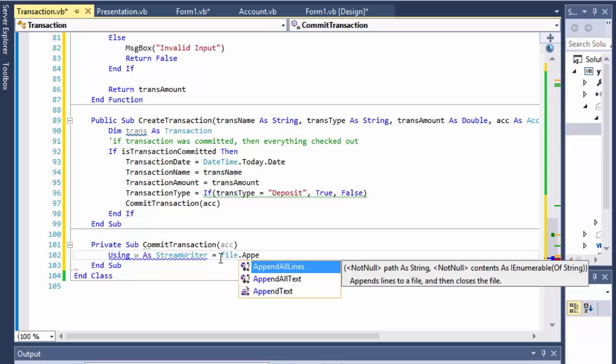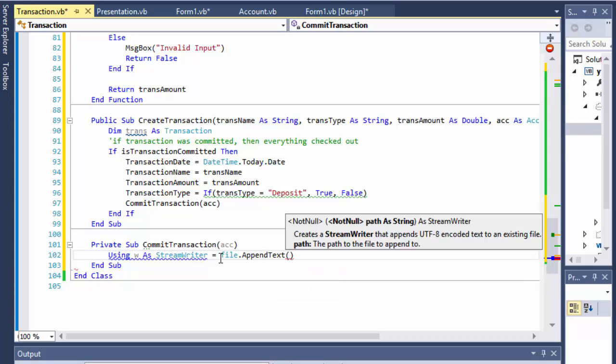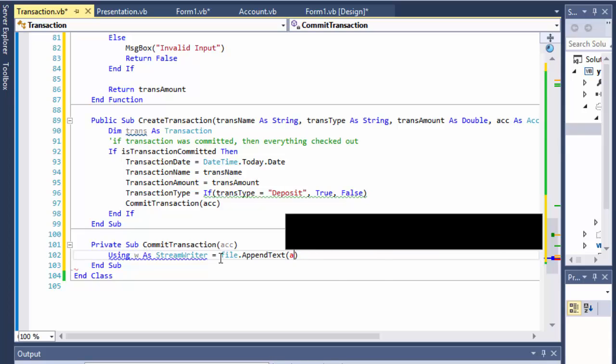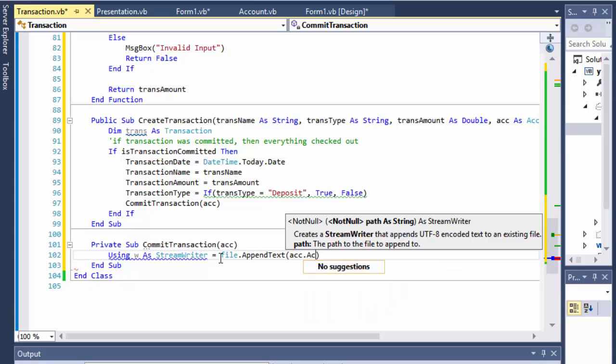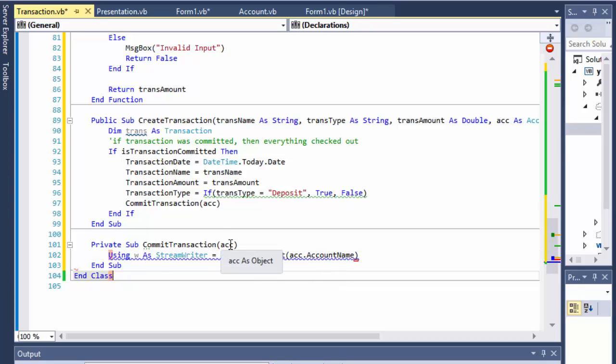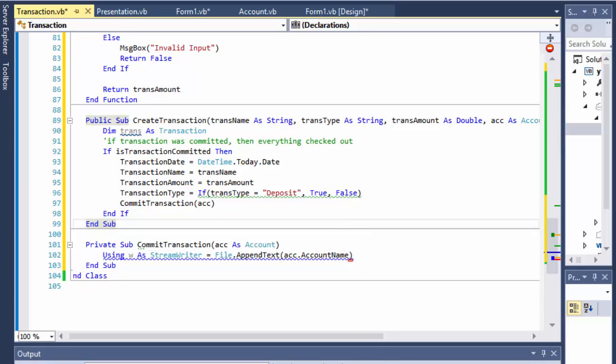So append text, account name, so account name,